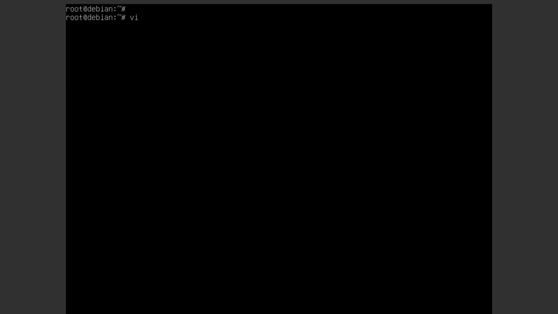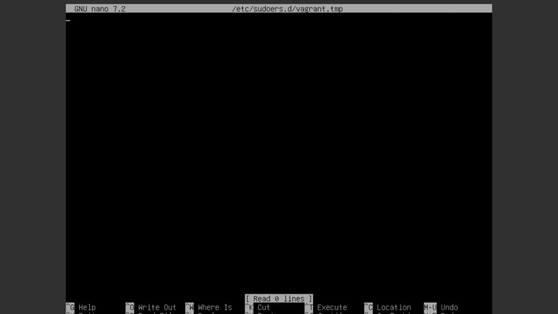Now that that's installed, I can create a configuration file using visudo. Moving through into our /etc/sudoers.d directory, I can create a new file for our user Vagrant. We just specify the option -f to visudo so it knows which file to work with. If the file's not there, and it won't be, we can create a new one.